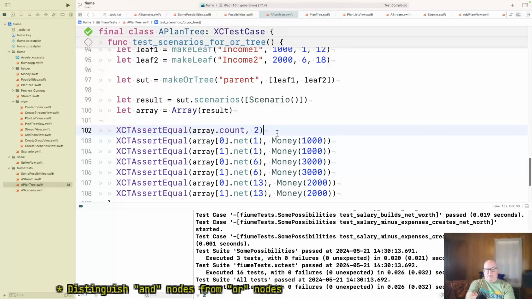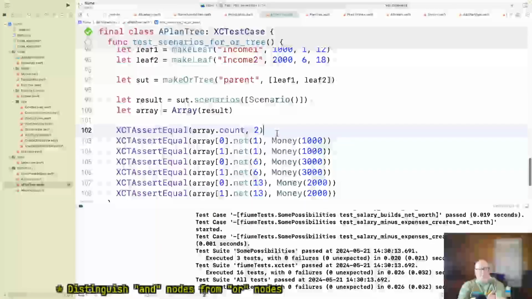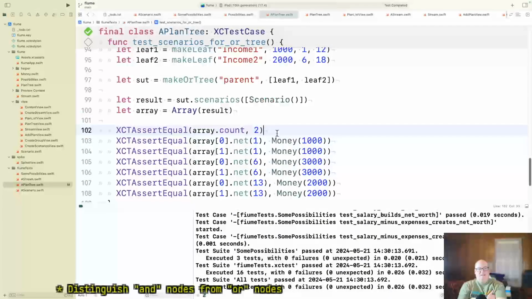Well, I almost think scenarios should get names. I don't want to go into that one yet. What I've got is a set of 2 things and they're different. And how do I know they're different? All right.